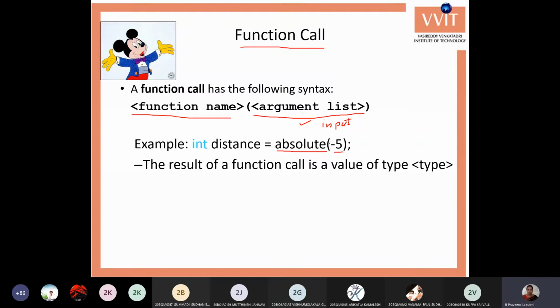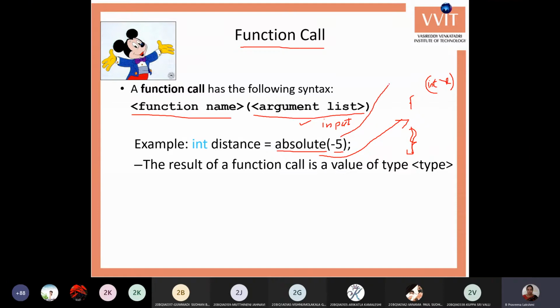Whenever you call like this, it directly goes to the function. So it goes to the absolute function, and this value will be stored in the parameters of the absolute function, where you have the x parameter.